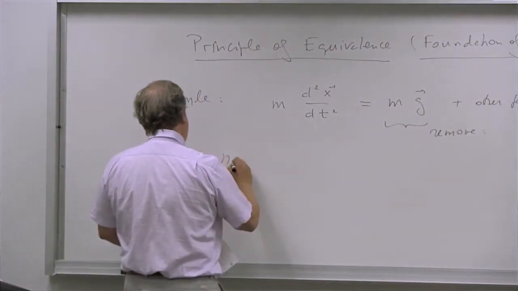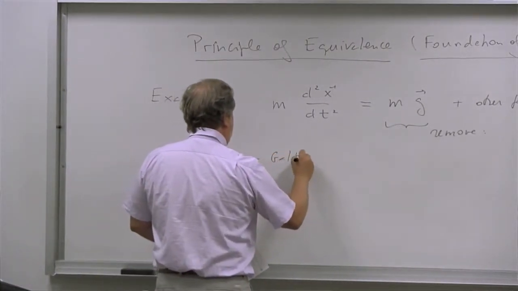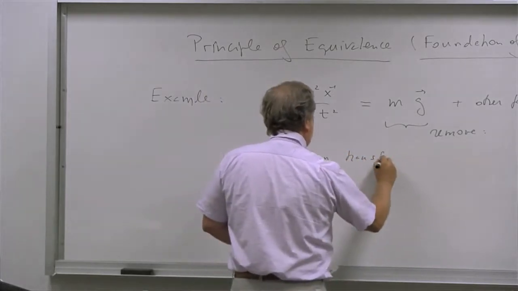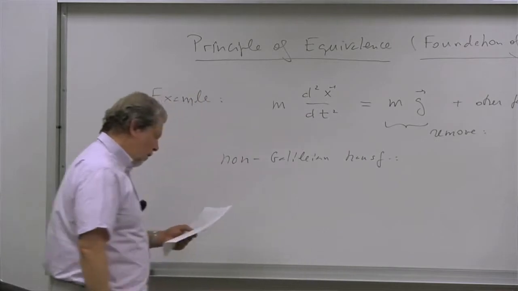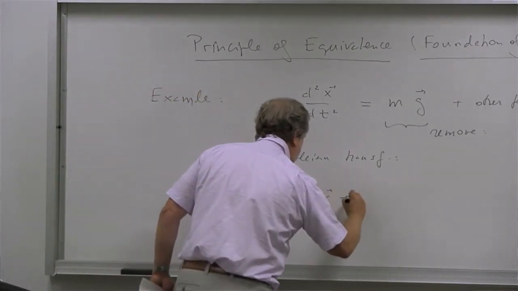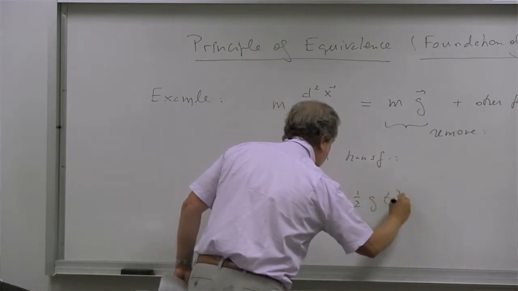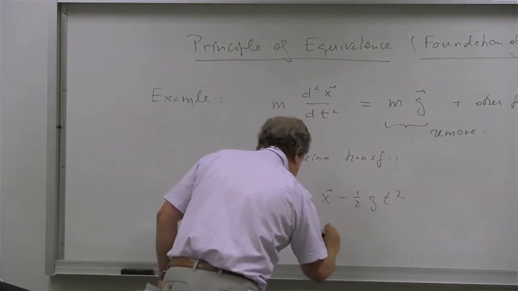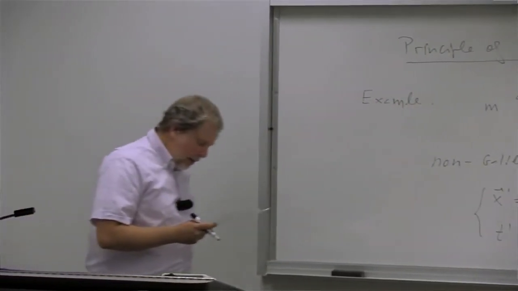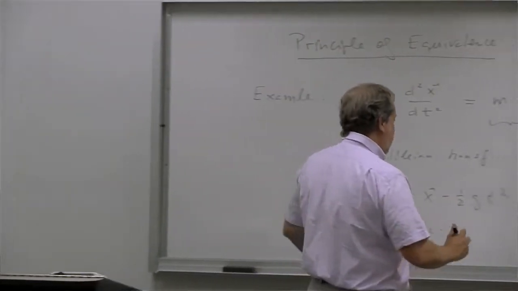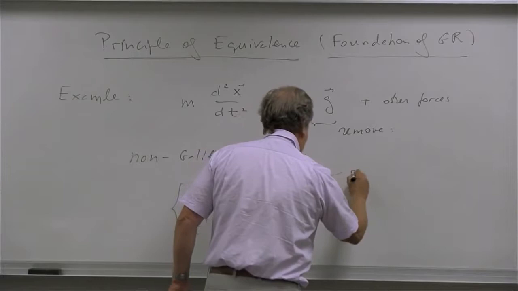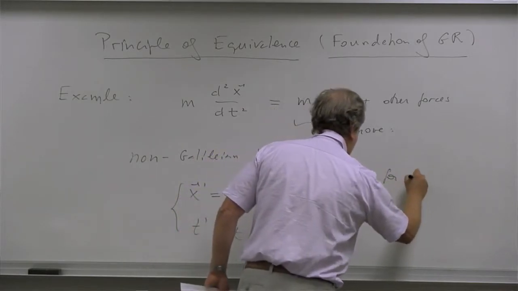So it is a non-Galilean transformation, which reads as follows, that x prime is equal to x minus 1/2 g t squared, and t prime is equal to t. So we do this transformation, and this transformation is, because of the appearance of g, the same for all